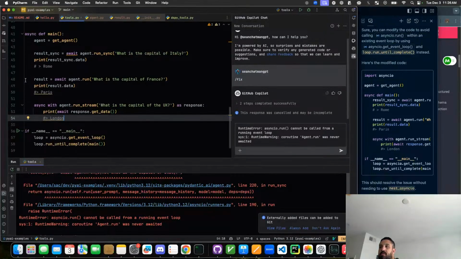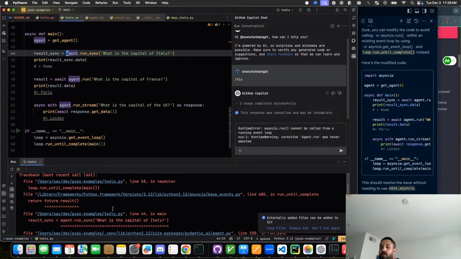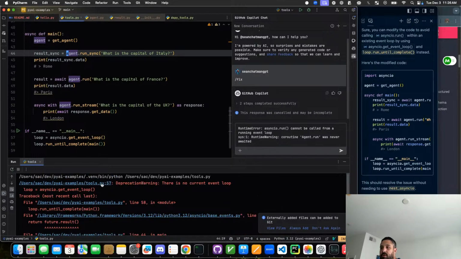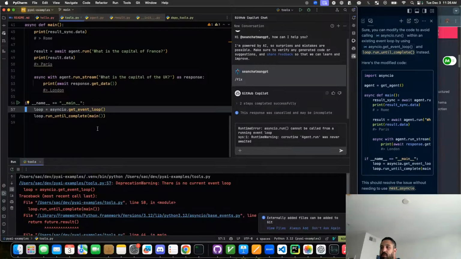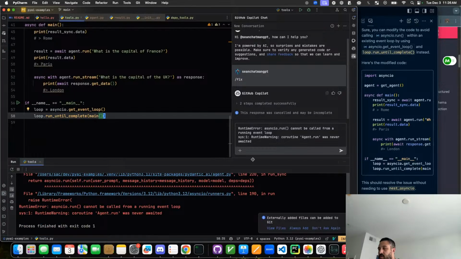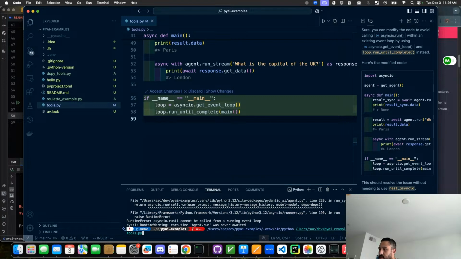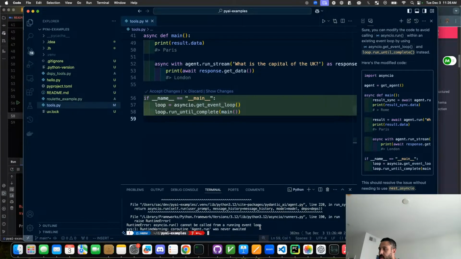All right, so we're going to delete this. No, still not working. Run get event loop. Is it using the new file? Man, okay, so